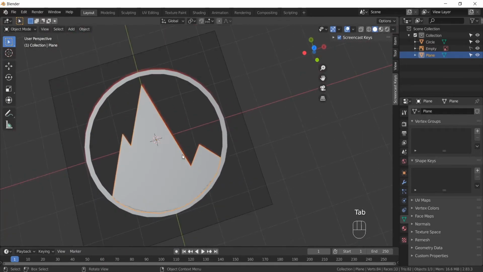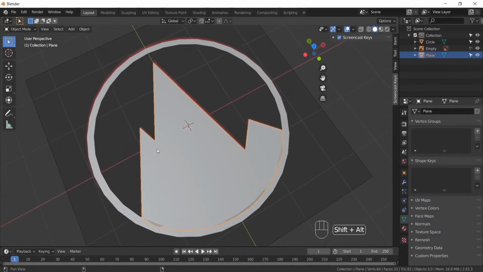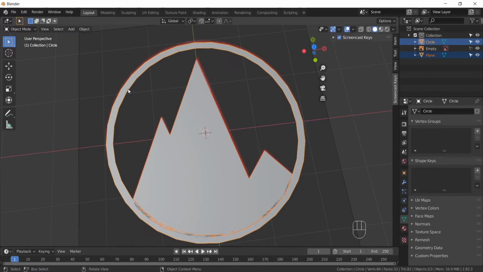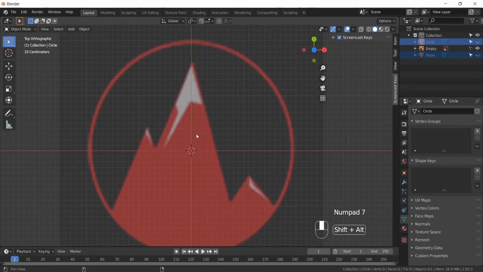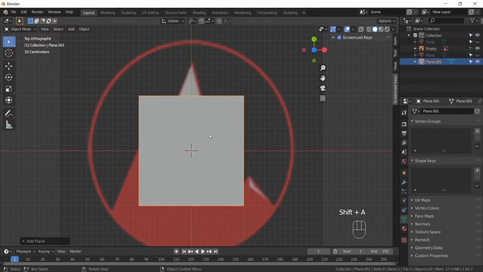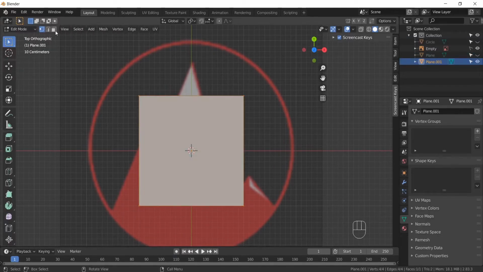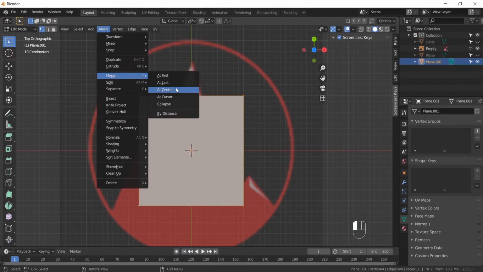Okay, so now what we're going to do is hide these two guys here because we want to trace the snow tops here, those tiny snow tops. So I'm going to select both of these objects and press H to hide, 7 to go to the top view, and add another plane. This time I'm going to press Shift A as a shortcut and select plane again, go to edit mode, select all of my vertices once more, mesh, and then go to merge and then At Center,